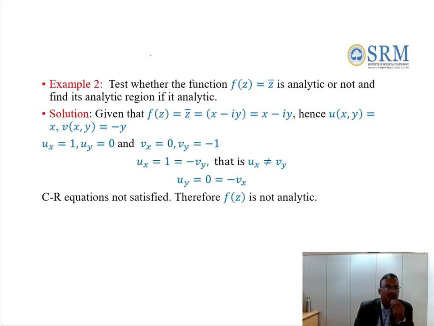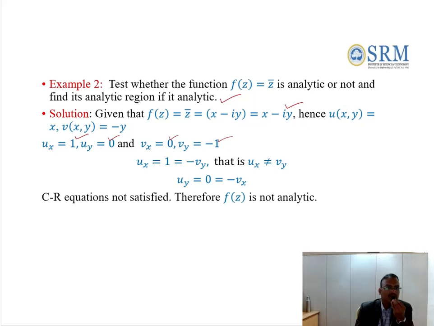So given that f of z equal to z bar, and we know the complex conjugate, therefore x minus iy. So from this, you extract your real part, that is u of x comma y equal to x, and v of x comma y is minus y. Then the partial derivative dou u by dou x is 1 and dou u by dou y is 0, and dou v by dou x is 0 and dou v by dou y is minus 1, right? If you see that